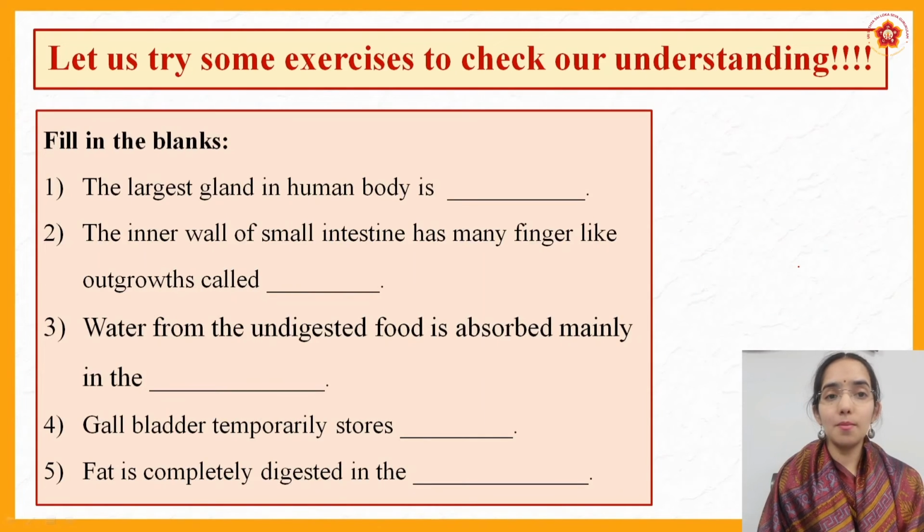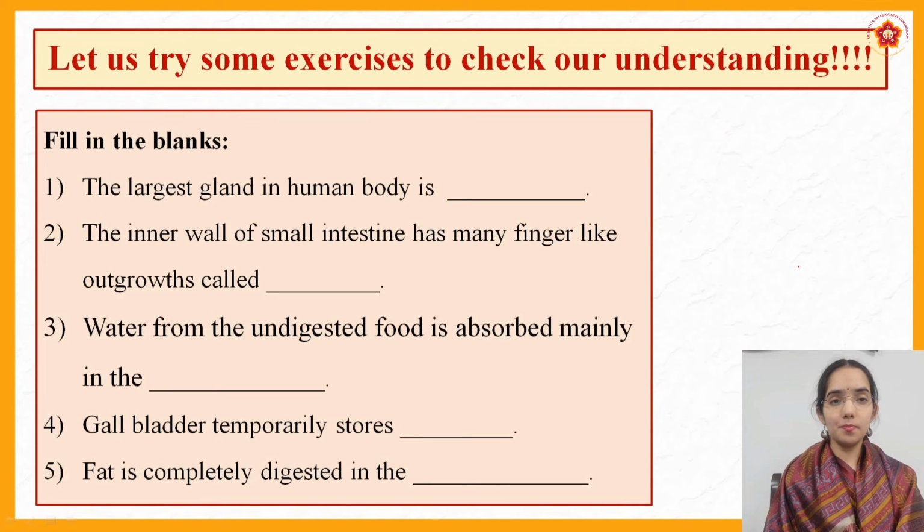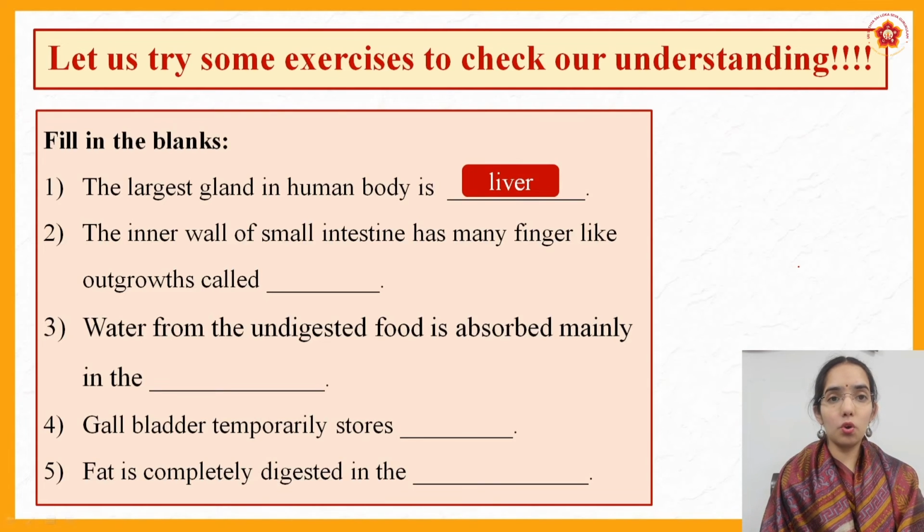Now let's try some exercise to check our understanding. The largest gland in the human body is, what is the largest gland? Liver. The inner wall of the small intestine has many finger-like outgrowths called,